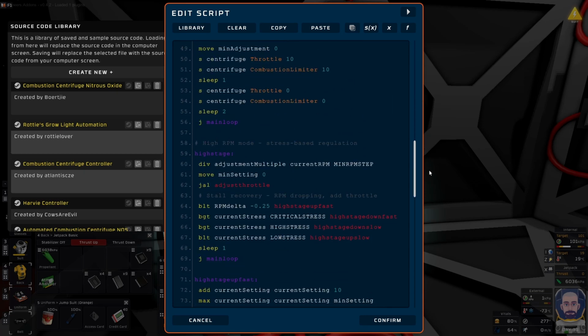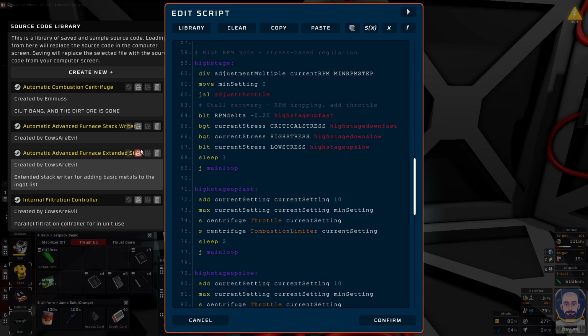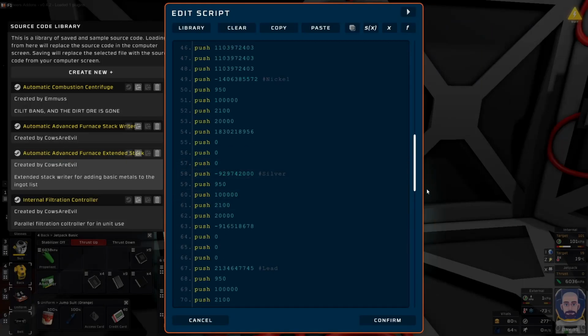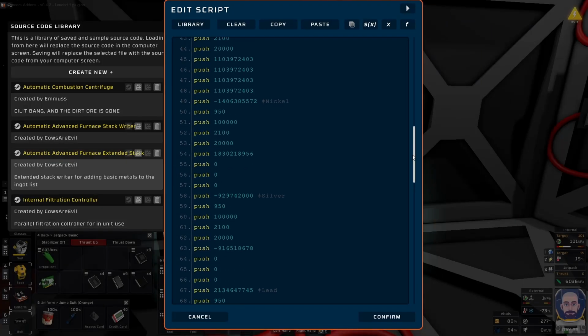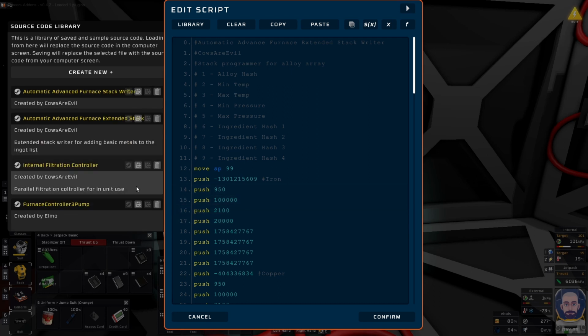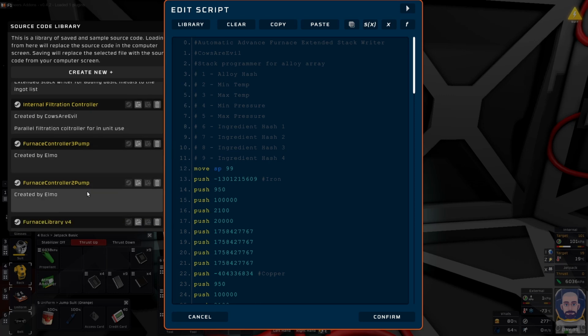I'm not even gonna try and break that code down myself. There's Amy stuff. There's even stacks here from Mick for the advanced furnace. Again, I'm not gonna try and even figure out what he's trying to do there. Like, I probably could if I really put my mind to it, but I don't need to. Some that you might really need is the